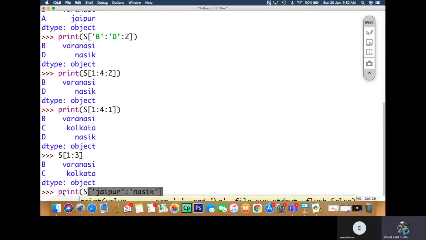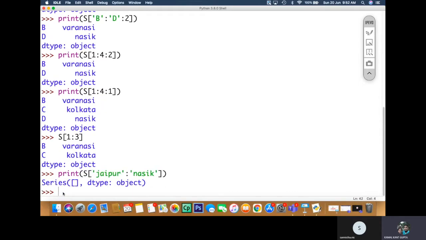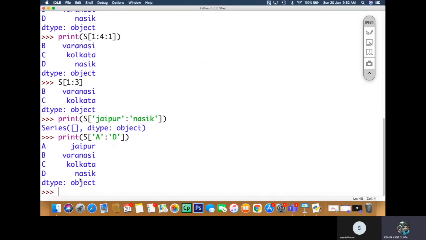So the slicing is from, print s at a colon s at d. Now you can see it is giving us from A to D.